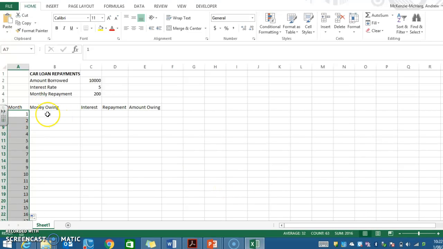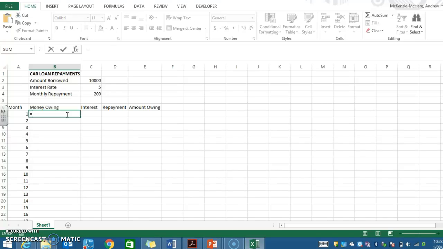Alright, so now what we want to do next is start to put some formulas in, okay? So the money owing, at the beginning we owe $10,000, right? But we want the computer to be able to calculate how that goes down as we go along. So we're not just going to type 10,000 in here. We're going to say this is equal to, so we push the equals button, and we go up and click on this cell here, and it says equal to C2. That's that one there. And if we push enter,